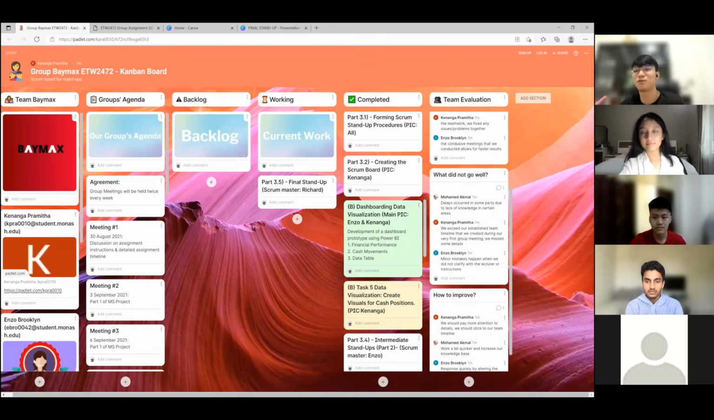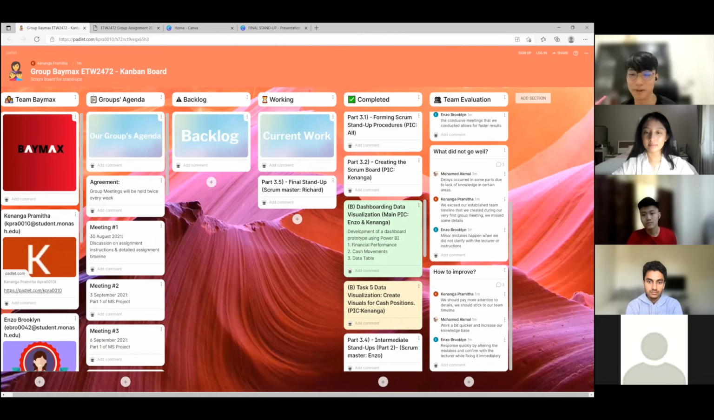Oh yeah, that's true, because if I'm not mistaken, during our first meeting we did set some agenda, right? Like our timeline, I think we have two meetings in one week. But sometimes we cancel the meetings, sometimes we delete the meetings and stuff. So I think those are the things that did not go well. And then Enzo said that minor mistakes happen when they do not clarify with the lecturer or instructions. Yeah, that's true, because if I'm not mistaken, we also